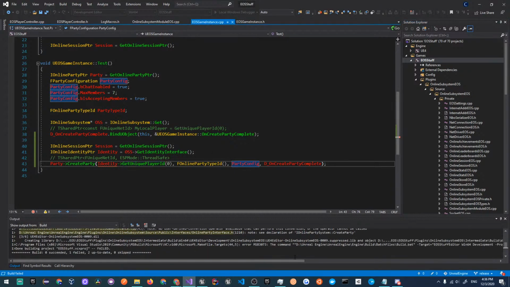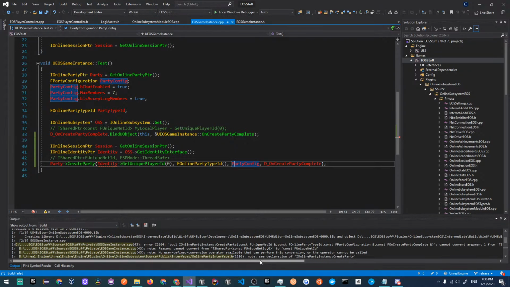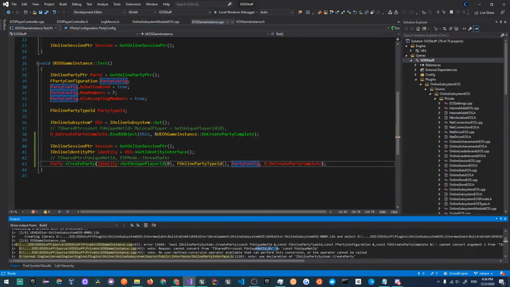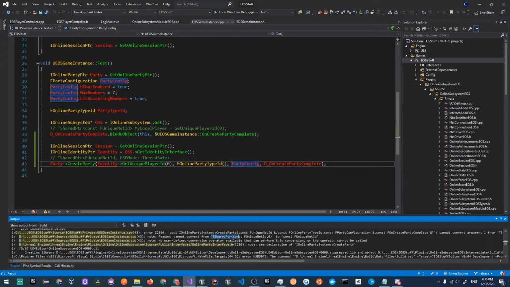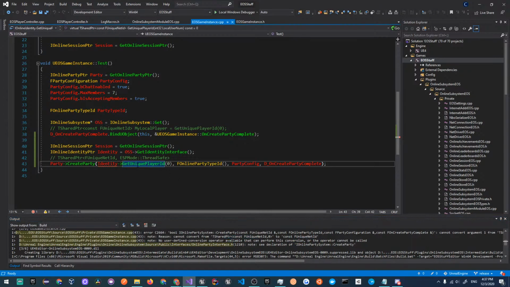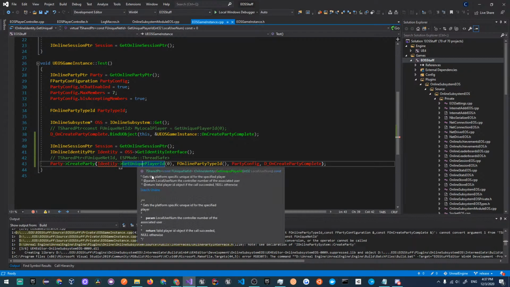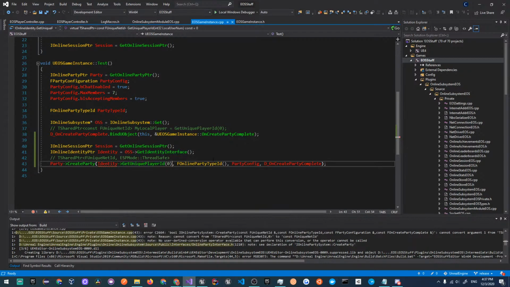Oh man, doesn't like this either. Yeah, so I think this is the thing that I was trying to tell you guys earlier, that it can't convert from shared pointer constant unique ID to constant unique ID. I wonder if there's a way to get like the value. Let's see what this returns. Oh, that's why it's complaining. All right, so if there's a way to get a value from it,